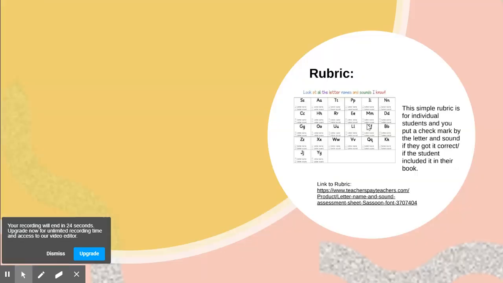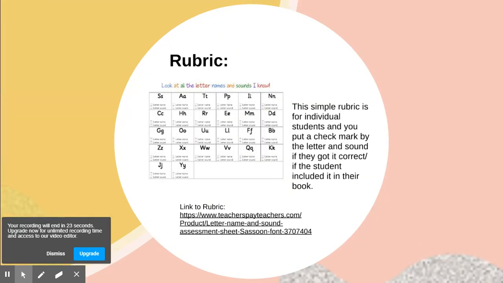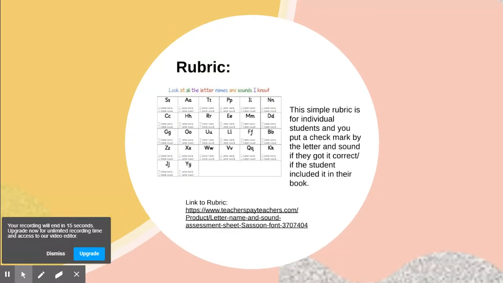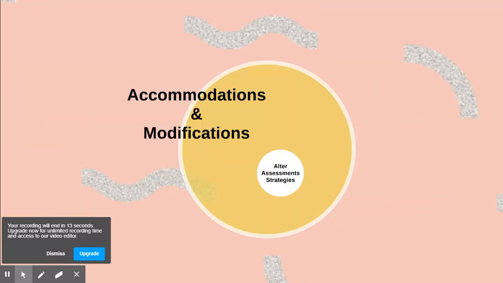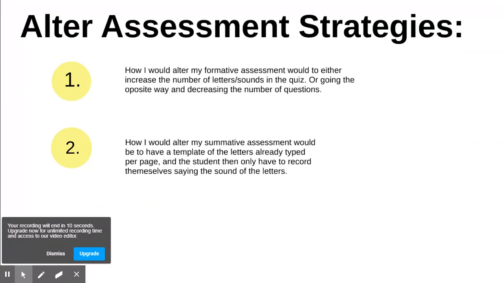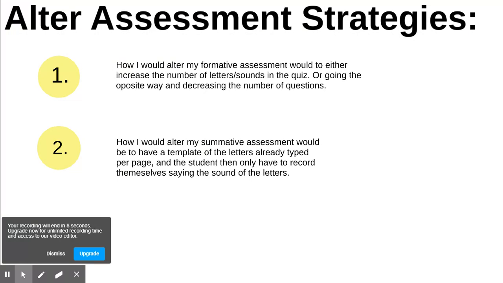And here's a rubric. So the students have to say the letter and sound, and the teacher can put a check mark by each of them. Combinations: so for the formative, the students can have more questions or less. For the summative,